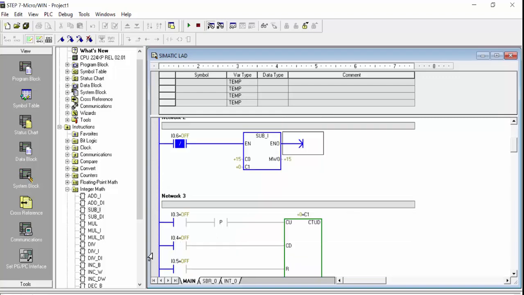When we give the signal at I0.3, after it will start to subtract. You can see one signal coming, here is now 14, now two signals 13, now 3 12, 4 11, 5 10, 6 9. So as this counter works, you can see this will continuously show the value at the subtraction command, and this data register you can take at the HMI, and this value will be shown on HMI,